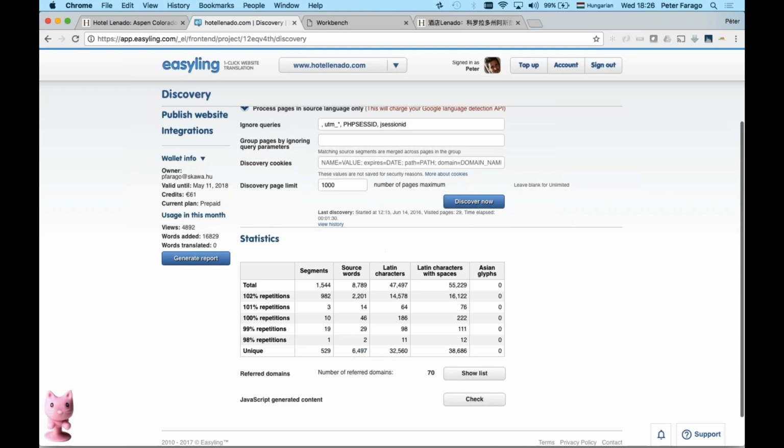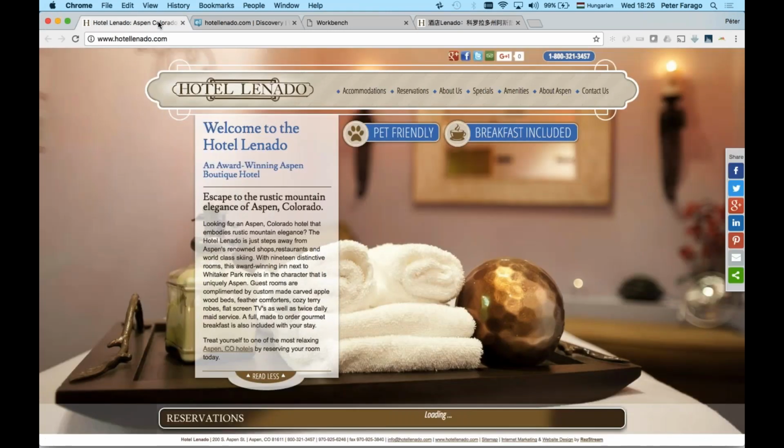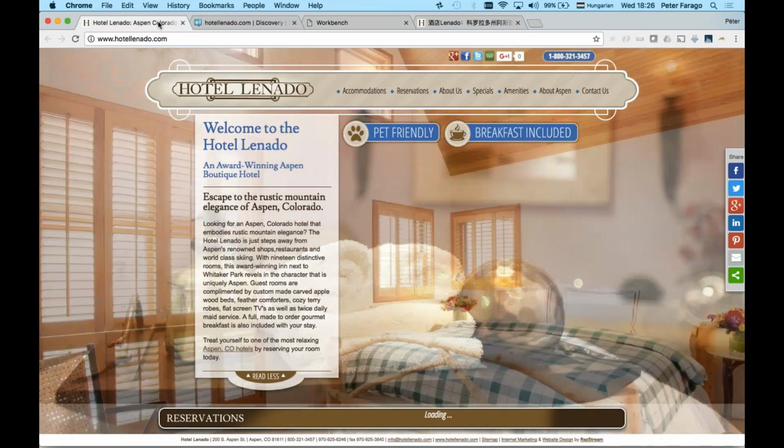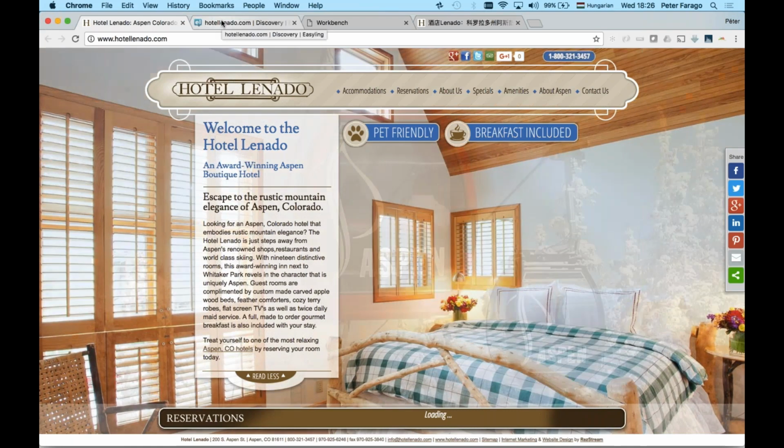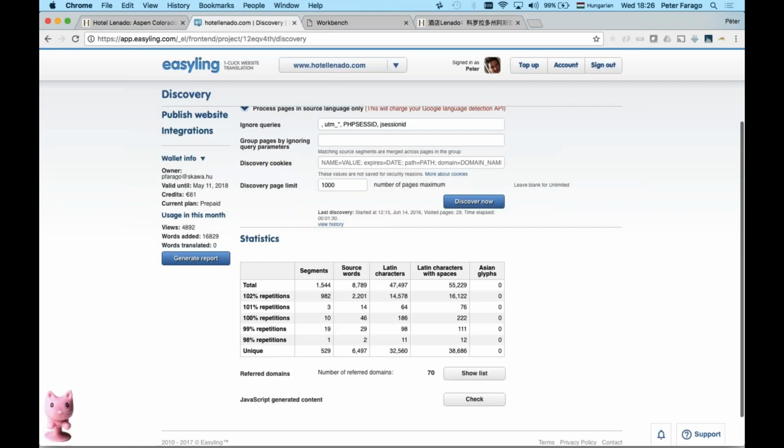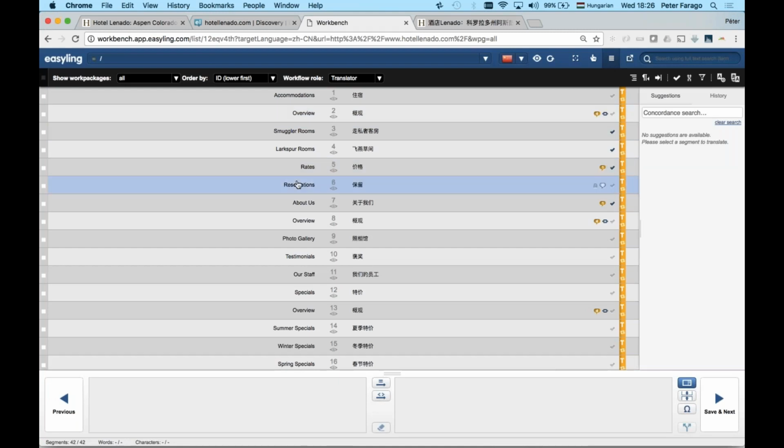Two things can happen. The Hotel Anado owner can say, I like your proposal, do the translation for me, or they can say, no, thank you very much, I don't want to do the translation. Let's say that they accept your proposal, so preferably they say, yes, do the translation. Next step, source content extraction. It automatically happens with a system like this. You will have all the segments extracted